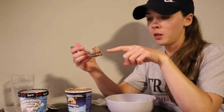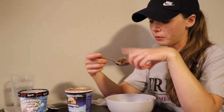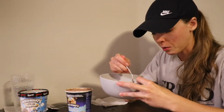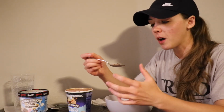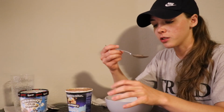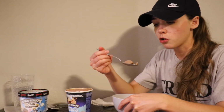Okay, so chocolate ice cream, chocolate cow thing, sugar cookie, toffee cluster. Okay, I'm gonna be honest with you. All you can really taste is the sugar cookie, that sugar cookie core, which is excellent by the way. Tastes like sugar cookie. It is a little bit softer than I would say sugar cookie dough is, but it's gritty, like sugar cookie dough is, you know, because of the sugar and all the crystallization, all that stuff. If there's sugar cookie in the bite that you take, the only thing you're tasting is that sugar cookie